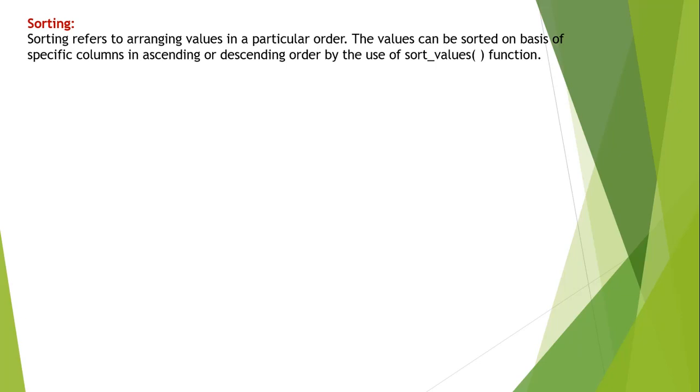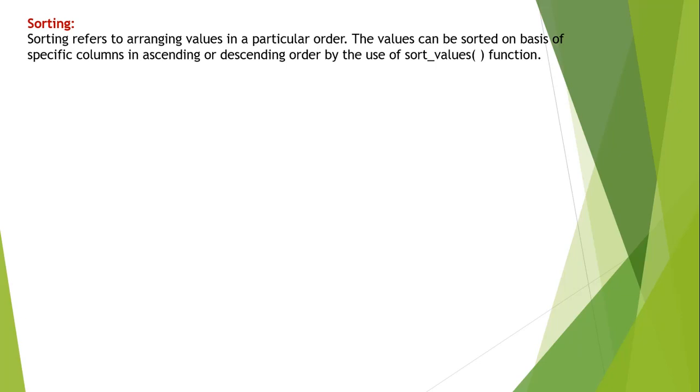Okay. Now what basically sorting is, as you had already studied about sorting, sorting means to arrange the data in a particular order. It may be ascending order, it may be descending order, it may be according to numbers, variables or characters. It can be in the order of 1 to 100, or 100 to 1, or A to Z or Z to A. Anything which is related to ordering comes under sorting.